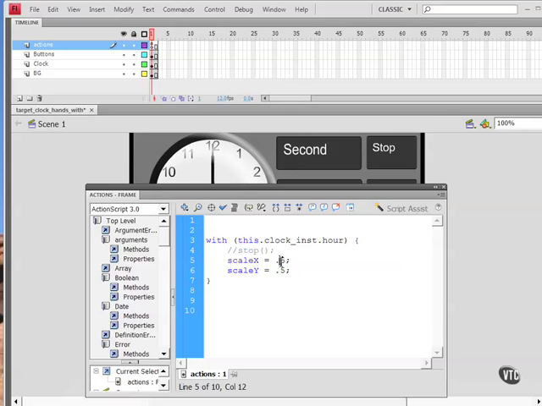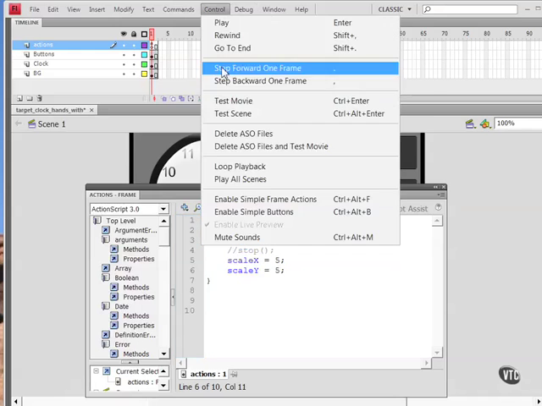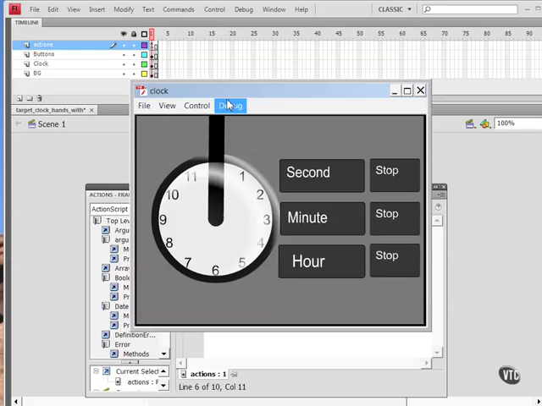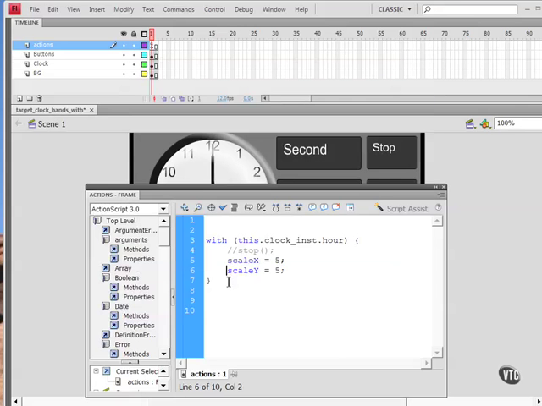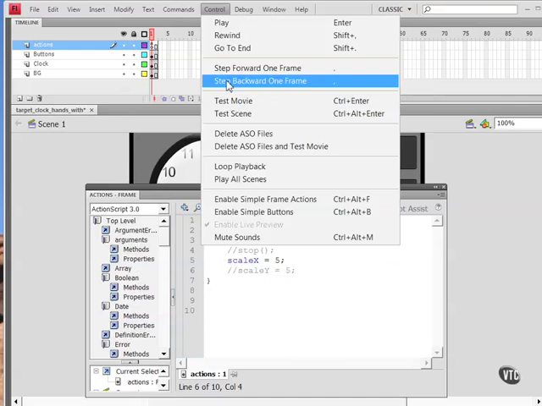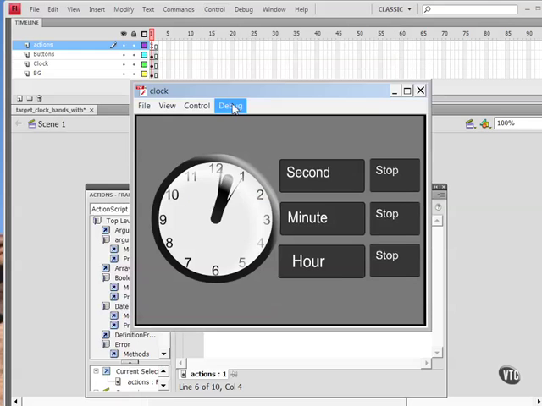Let's scale this instead of 0.5 to 5. This is going to increase the size of the hour hand 5 times. And you can see there it is, very big. I can also just change one of the scales. Let's just scale this X equals 5. So go ahead and play around with this, introducing a new property. You can see that because I'm only scaling in one direction, it's getting a little bit funny as it spins